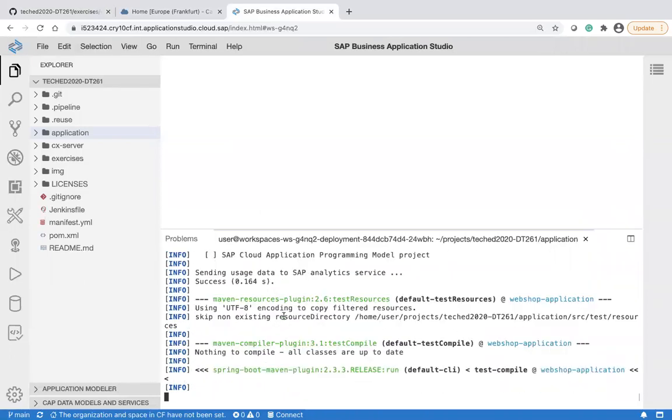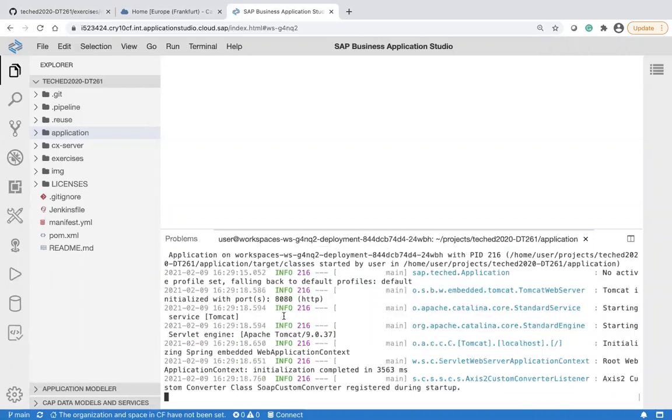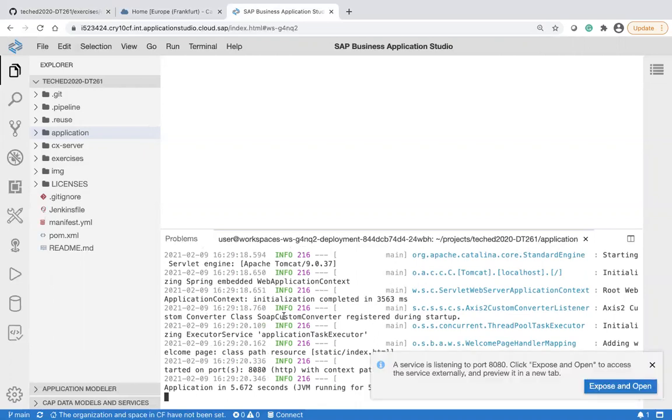Okay, now you see that it's not downloading anything because I already did Maven package. So compilation is pretty fast. Okay, and now you see that something happened. A service is listening to port 8080. Click expose and open to access the service externally. Now, this is also a very important thing to understand. I'm running the application not on my laptop. I'm running it on the internet, right? So if I click expose and open,